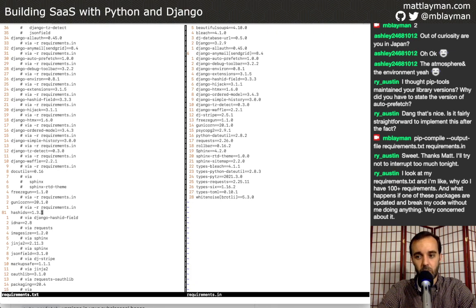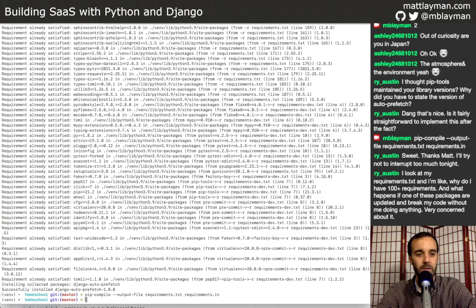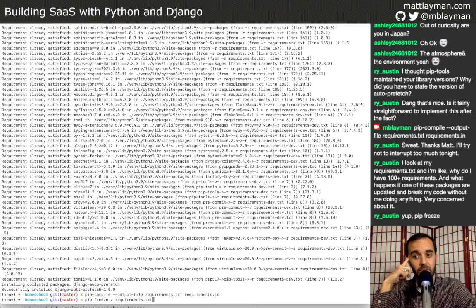Oh yeah, I bet you know what you might have. One common recommendation that is out there, when people are told to generate their requirements.txt file, they're often told to do something like this: pip freeze, and then requirements.txt. And that's an okay way to start. Again, it does capture the kind of behavior that pip-tools provides, in that you've captured the snapshot. But the downside of the pip freeze route is that you don't have the distinction between what is the full set of dependencies, the fancy term for that is a transitive closure,